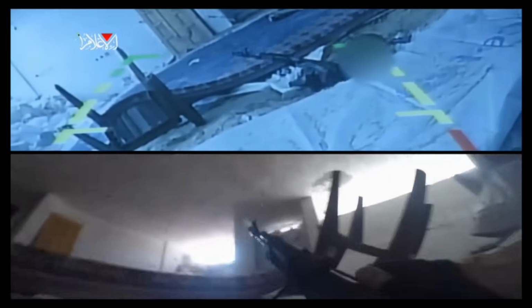This is one of the arguments being used as to why all the buildings are getting turned to rubble, because every time the IDF goes into one, there's either IEDs, we'll show you one here in a second, or there's tunnels facilitating Hamas's movement from one fighting position to another. Now, in this specific location, you can see they're back underground. It looks like they tried to lure, there you go, in the tunnel, firing out the top,